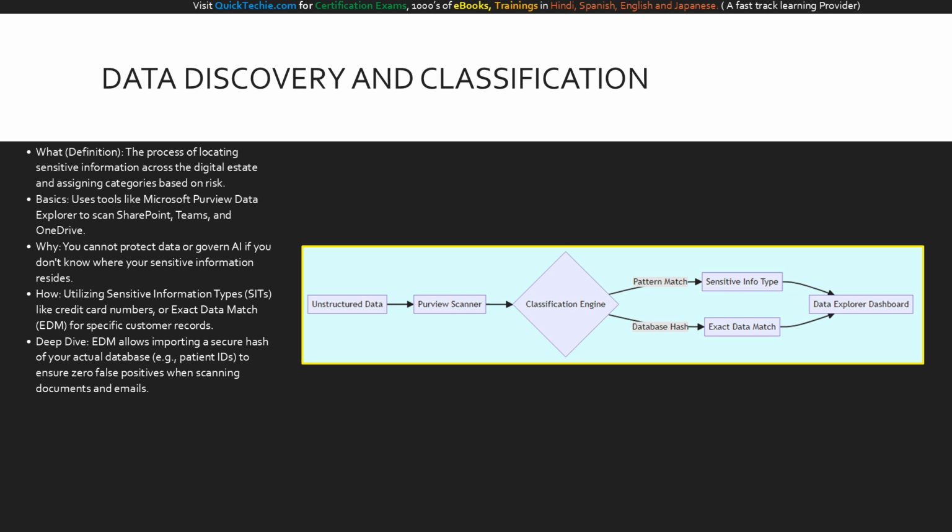Here we see the discovery engine in action. Unstructured data flows into the Purview scanner. The classification engine then routes it. Standard patterns like credit cards go through sensitive information types, while proprietary databases go through Exact Data Match. Both streams feed into the Data Explorer dashboard, giving administrators a complete, unified map of where risk lives in the